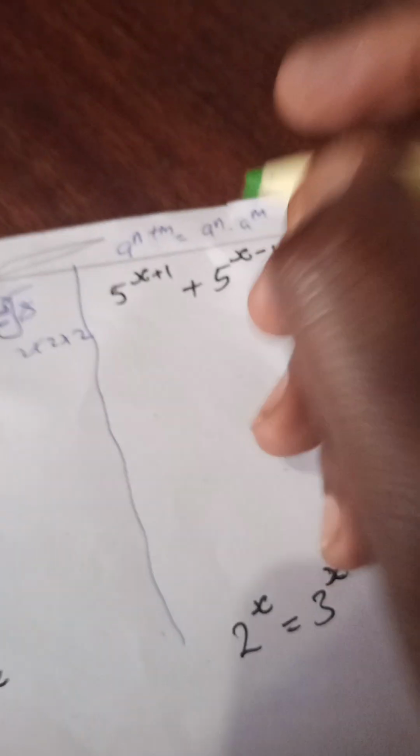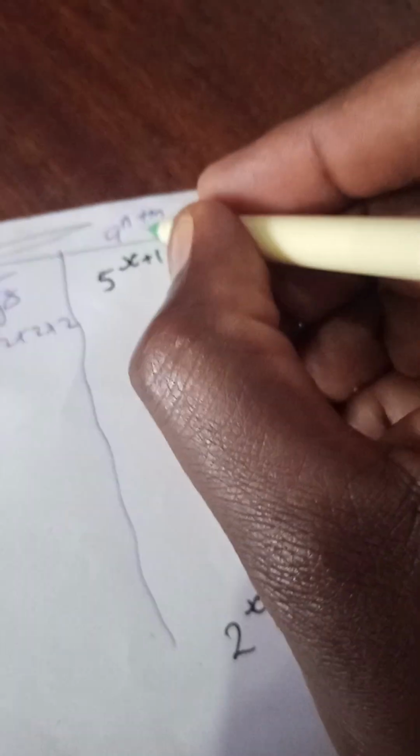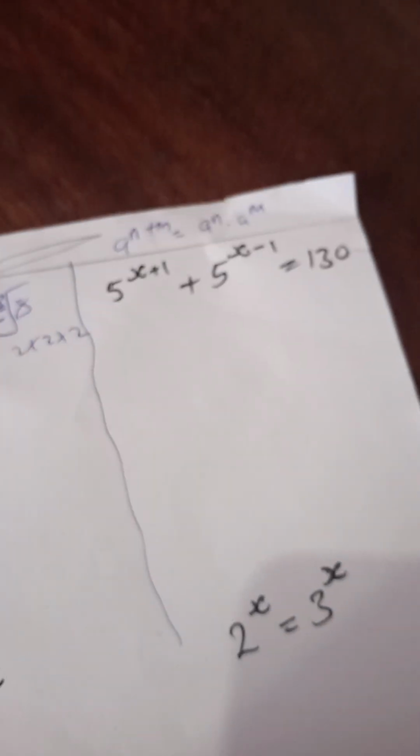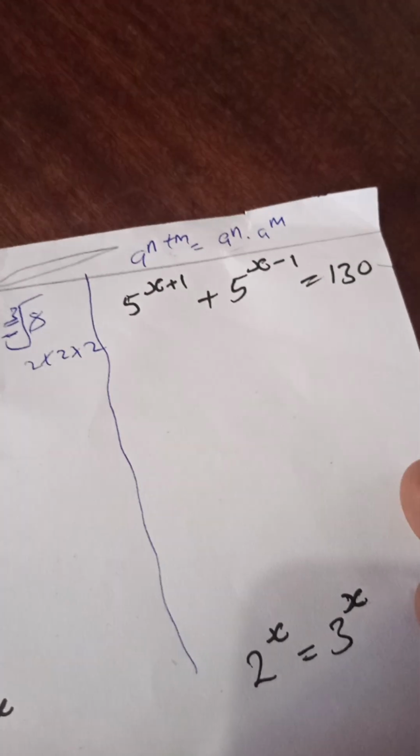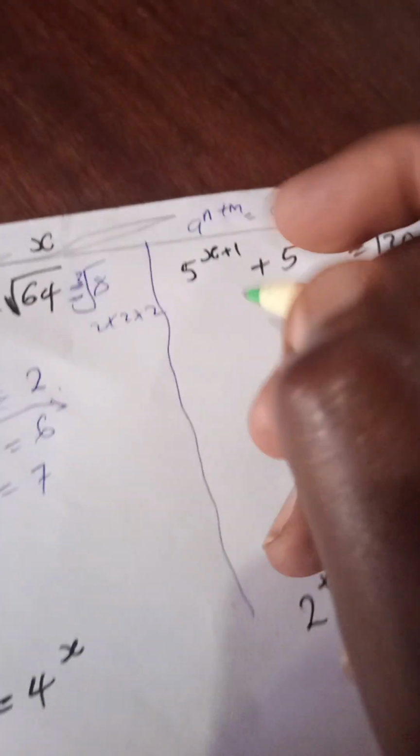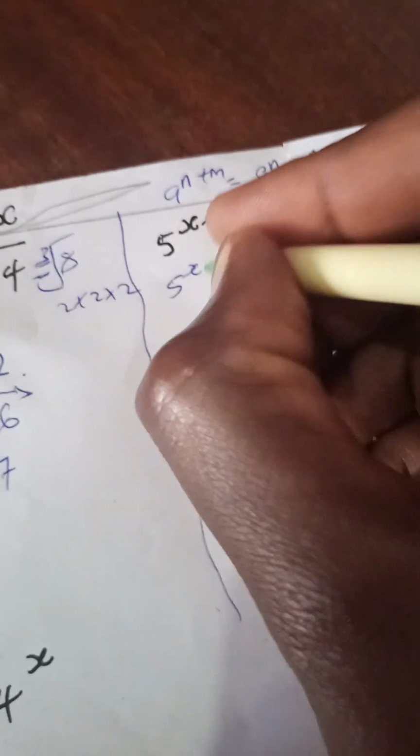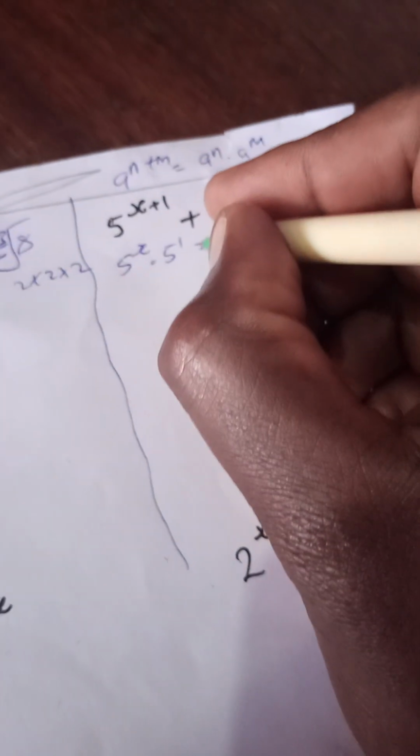When it is a minus here, we introduce division. So you have 5 raised to x dot 5 raised to 1,